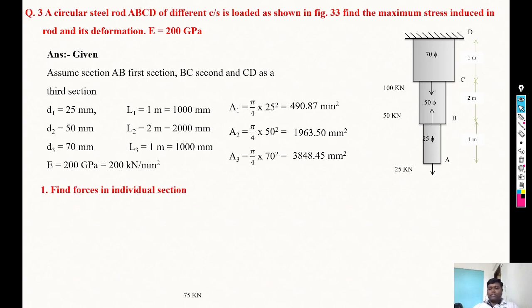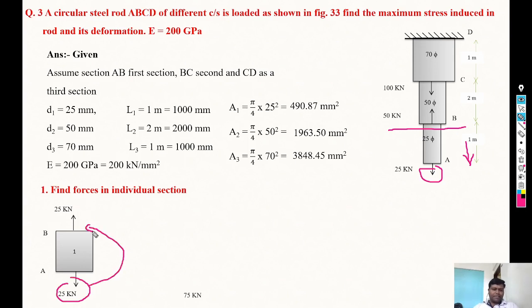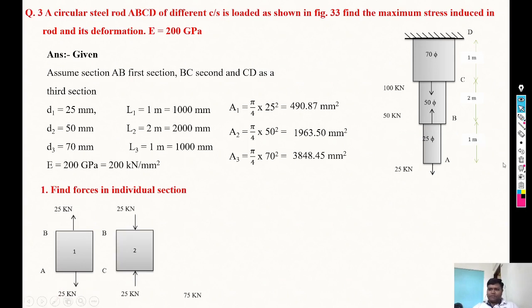Now find the forces in each individual section. First consider the section near point B and focus on the bottom side of that section. Only one force is there, that is 25 kilonewton. Consider 25 kilonewton away from the body, and similarly at point B it is also away from the body. Then consider the second section near point C and focus on the bottom. Two forces are there, 25 kilonewton downward and 50 kilonewton upward. Just consider downward as positive and 50 as negative, so it is minus